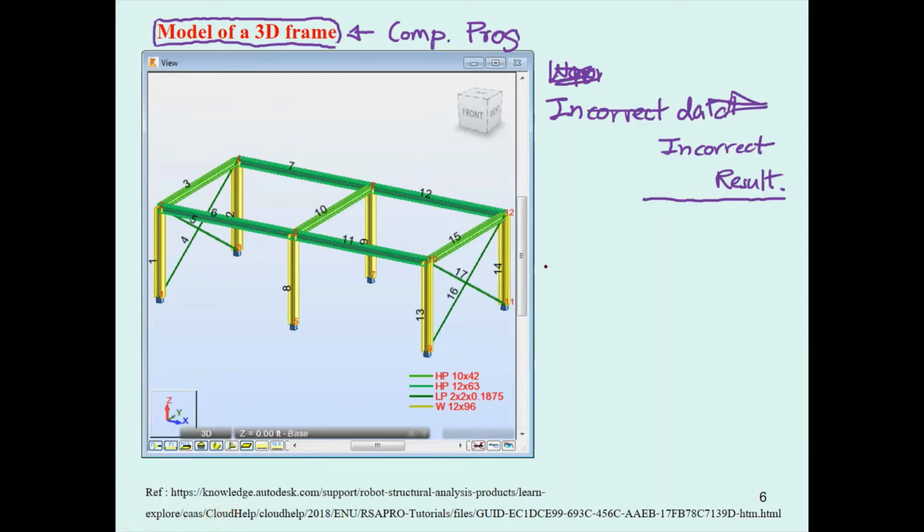One of the best practices to develop your skill and your experience is to check the result from the computer program. So, like the professor said,